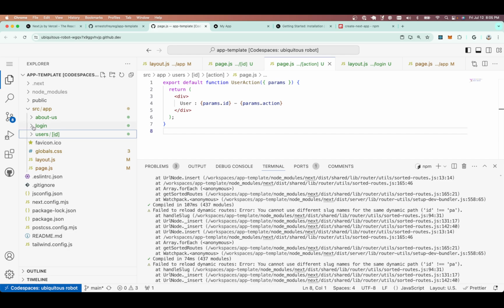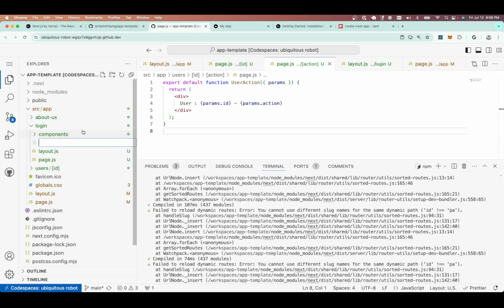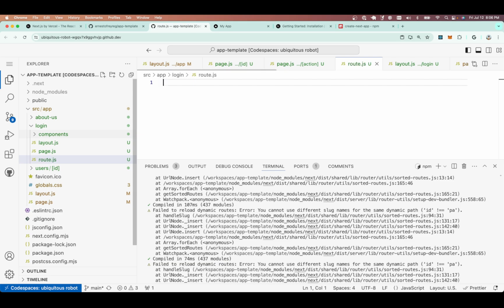So routes, let's say in the login component, we can make a form, right? Remember the forms? So what if we make a file here called route? So we have a page and we can also have a route. We can have page, layout, route is a special type